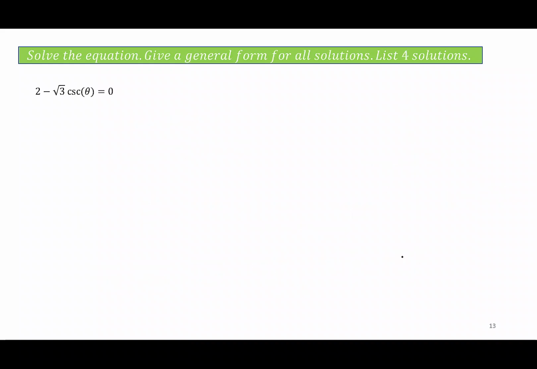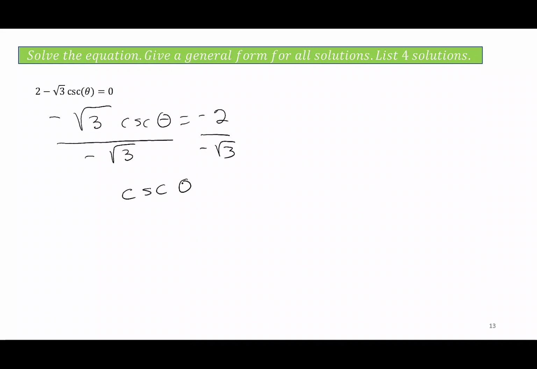numbers. Next I have 2 minus the square root of 3 cosecant of theta equals 0. I'm looking for a general solution, and then I'm going to give 4 solutions. I'll start by moving the 2. I have negative the square root of 3 cosecant of theta equals negative 2. I'll divide by negative the square root of 3, which says cosecant of theta is 2 over the square root of 3. We can rewrite that as 2 times the square root of 3 over 3 if we want to